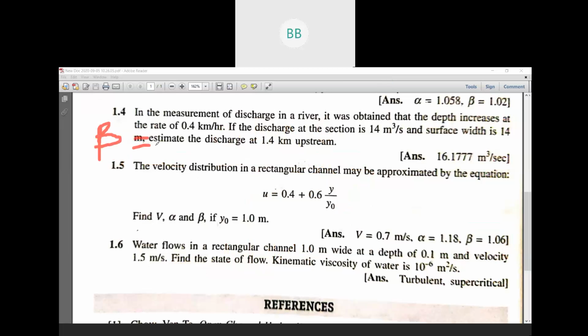For beta, as it is given as a rectangular channel, we are going to directly use the expression for beta. That is, integration 0 to y naught, 1 by y naught, (v divided by capital V) whole square dy. Here this y naught is again 1, so 1 by 1 is 1, so the integration is 0 to 1,